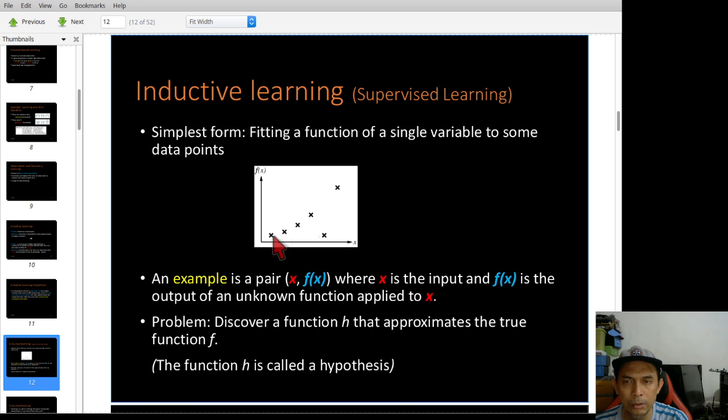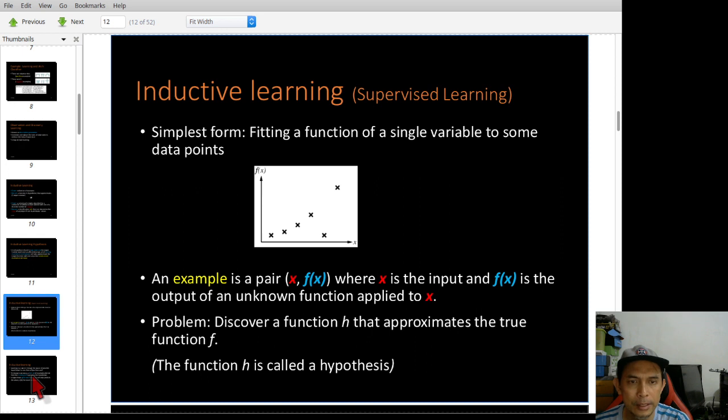The aim here is to come up with a function that should be able to represent this data point. The simplest form is normally we start with a linear function. So linear function means normally it is a straight line based on the equation of y equal to mx plus c. So okay, let's start with that one.